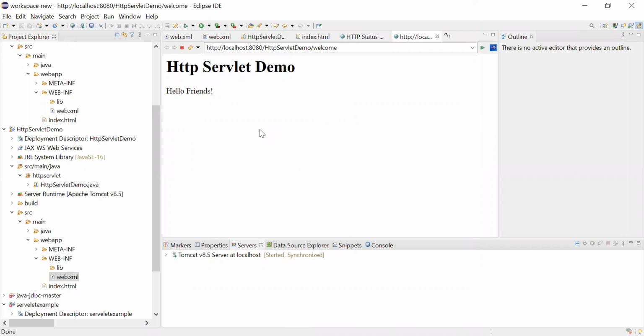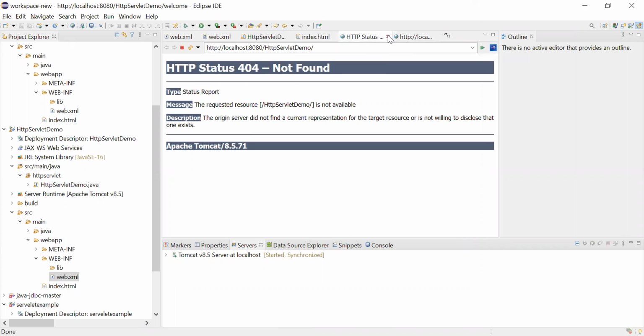Okay. So we should get this call directly, but we should call it from the index HTML.